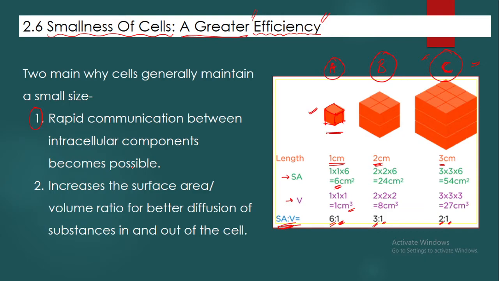Okay. So if the surface area to volume ratio is increasing, then better diffusion of substances can take place with the outside. Also the cell became small, so inside the cell the communication will be fast, no? If it is a very big cell, and some message has to go from one place to another place, it will take a long time, communication will be slow. Okay, so that is a general idea: if the size of the cell is small, it has a greater efficiency. Okay, these are the two reasons.